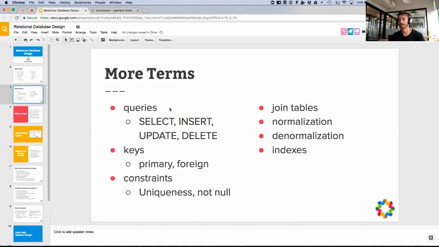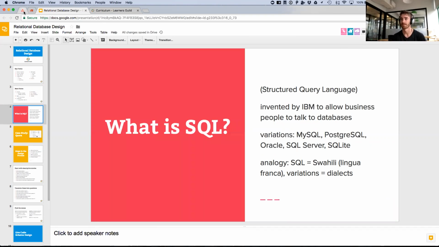Finally, what is SQL? Man, Chrome is just taking forever. Let me close some of these tabs. Okay, so